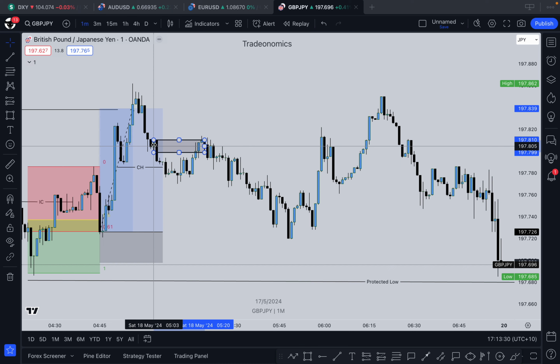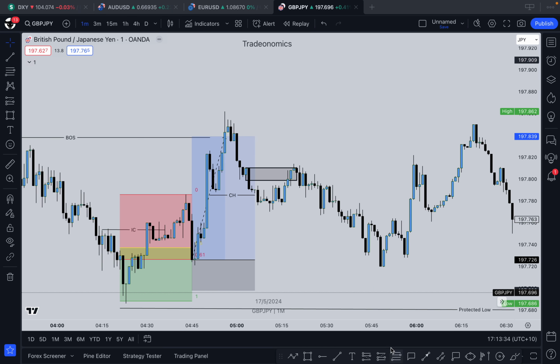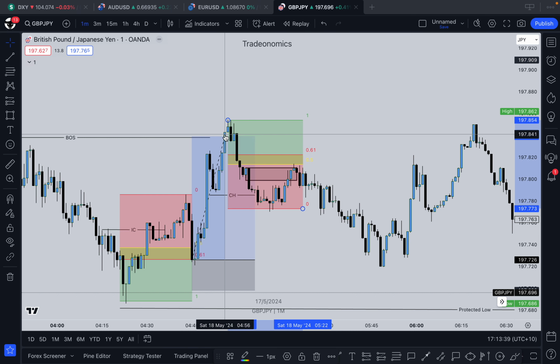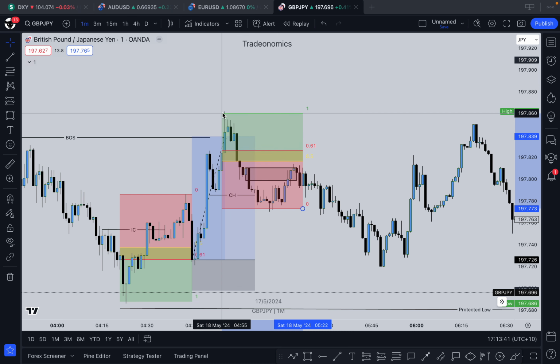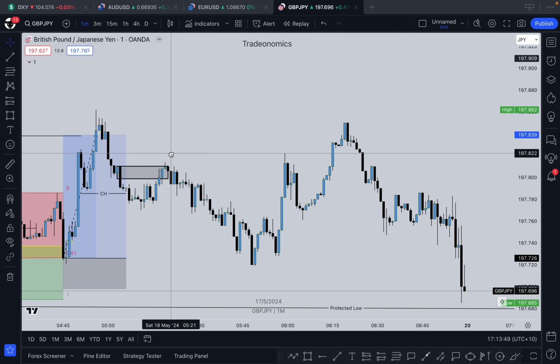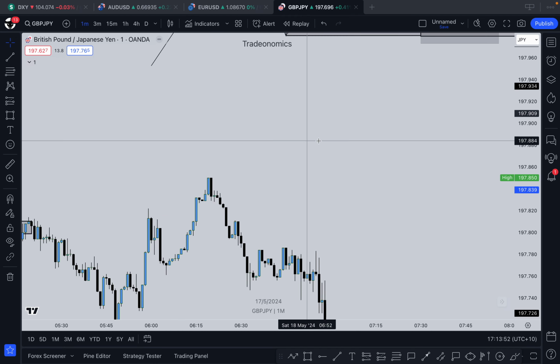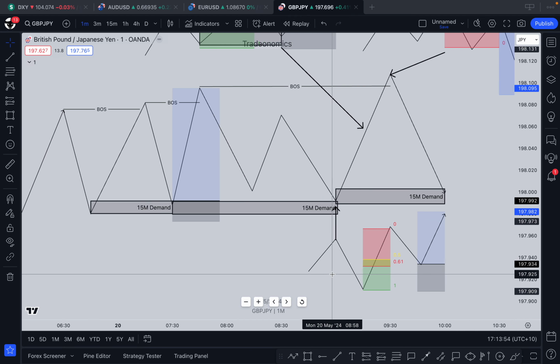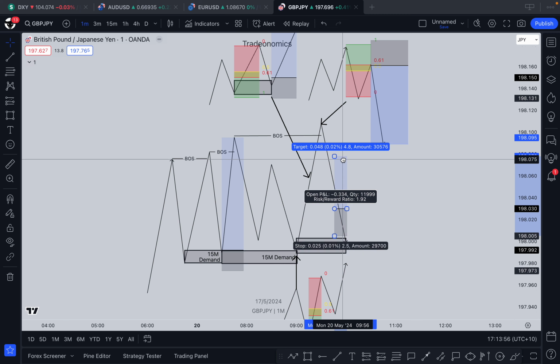this supply zone, right? So this would be a little bit harder trade to justify, I guess, just because it didn't come into our golden zone, right? You could argue that you took it off this supply zone. Again, a little bit risky. You'd do it if you had a little bit more of a buffer, right? But you can see it's the same concept over and over again, right?